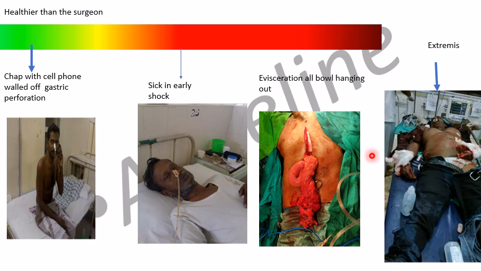Now what I'm telling is, these two you will have no problem diagnosing. A layman will pick up. This one, you may be a little caught off guard and you may not pick up early shock. But these are the ones which you will miss and send them home and they will come back like this. This is where the problem comes. But if you are careful, you may pick them up at this level itself. You will go deeper than this picture and pick him up and handle him before you send him home and he comes back to you like this, when it's very obvious to diagnose.